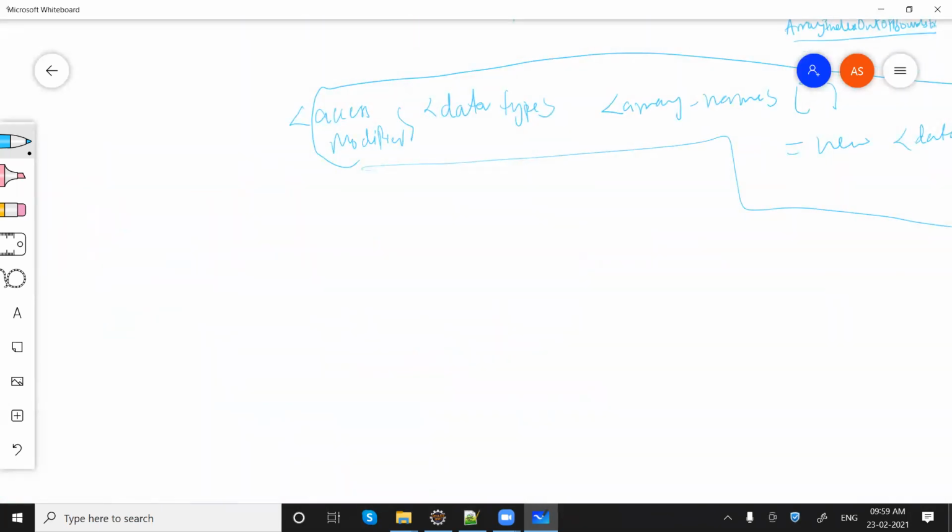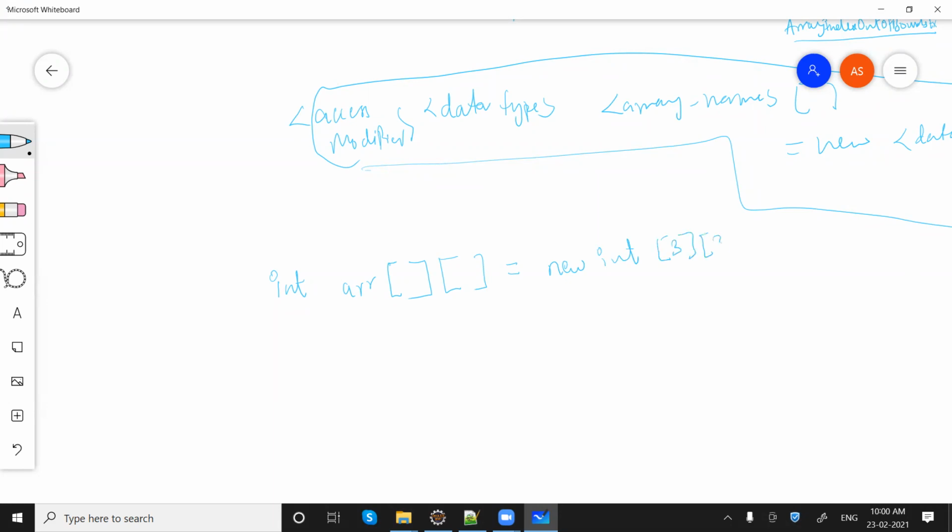For example, this time I'm taking an array of integer type, let's say int arr. For this particular problem, let's say it's a matrix. Sorry, we cannot write the size at the left hand side, so at the left hand side it would be empty only. Then we'll say new int